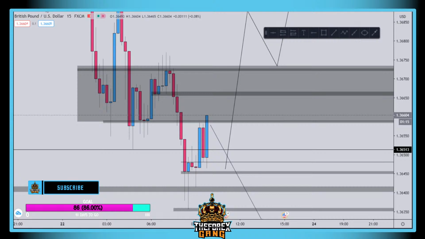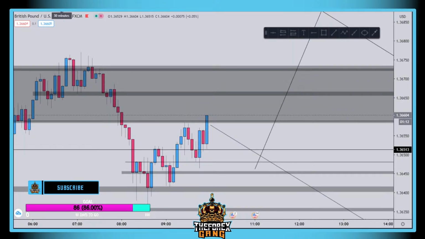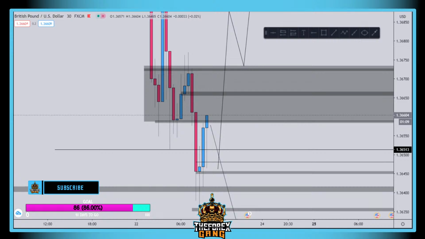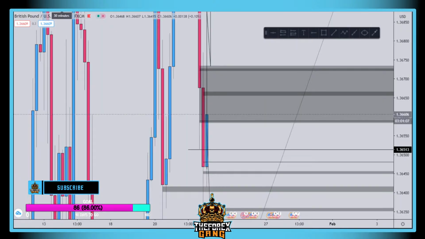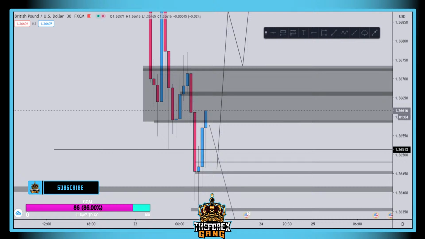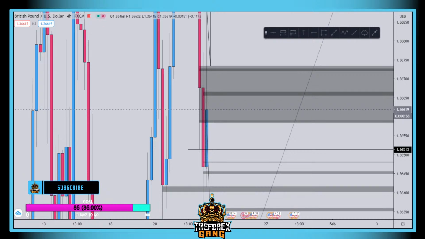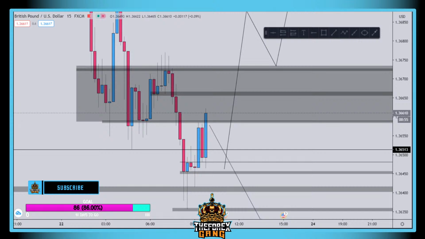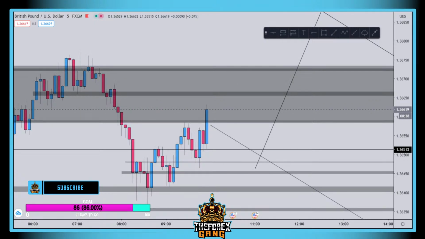Oh man. Did anyone enter? No, I was looking at the 4 hours. It's closing with no wick. The way it is moving, I think it will easily reach the target because it tried so hard breaking it. It tried so many times. Eventually, once it did, it's like a dam full of water. It's going to flow.